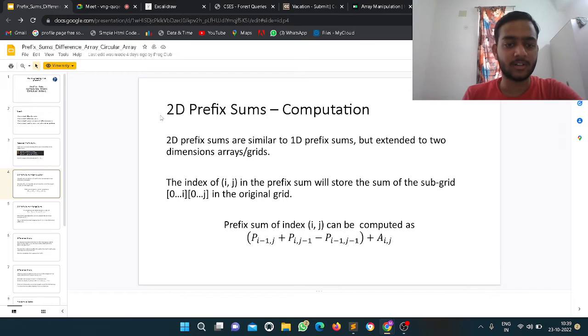Now, in addition to that is 2D prefix sums. A 2D prefix sum is similar to a 1D prefix sum but extended to two dimensions. Like we did in the 1D prefix sums, we are originally given an array, and we take a prefix and store the sum, and using it we can find the sum of elements in any range. This is similar, but here we are given a 2D array. So instead of a line, we will take a rectangle and we will store the sum for each